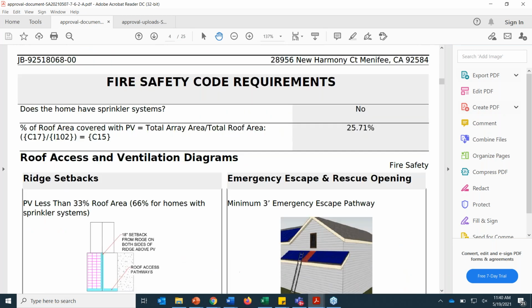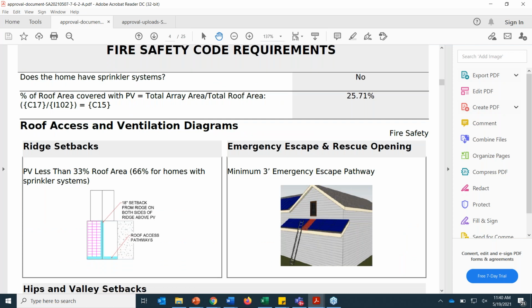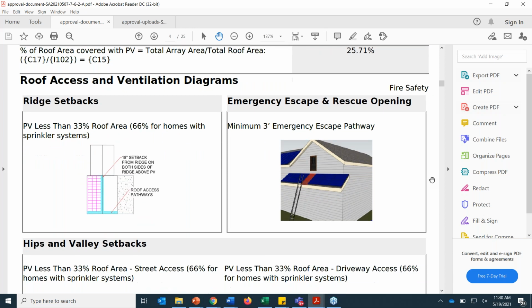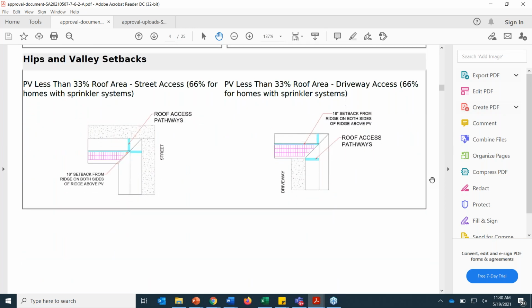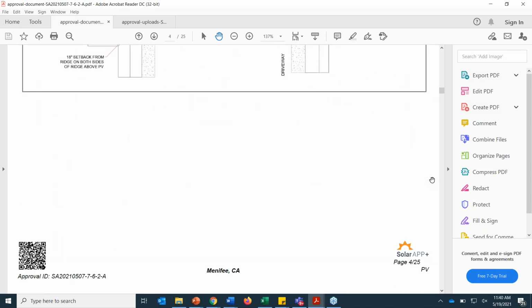In addition, the inspector would verify the fire setbacks are, in this case, 18-inch setbacks from the ridge, the hips and valleys, and the 3-foot emergency escape pathways. They'd be sure to verify those out in the field if they're there, and if not, again, the inspector would fail the inspection. So what's exciting is we've piloted the tool with inspectors in those communities I'd mentioned before,